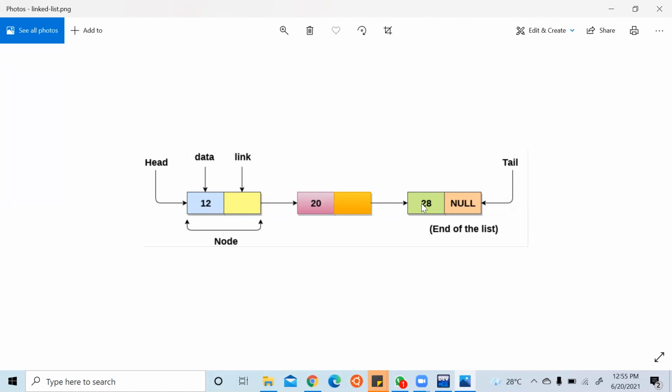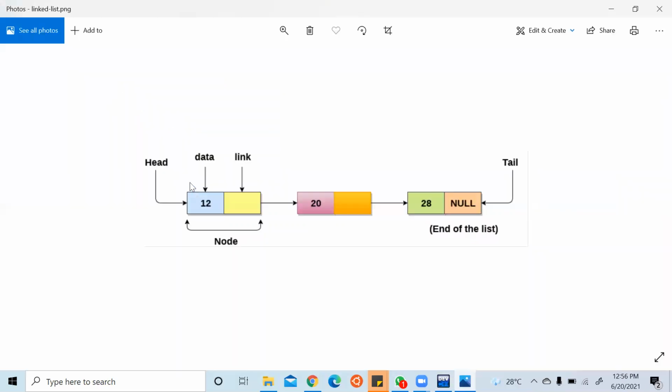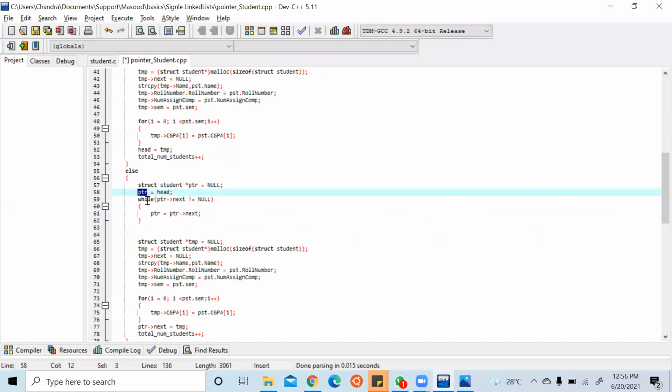I have to traverse through this until next becomes null. So I initialized PTR to head, and then I assign PTR is equal to PTR pointing to next, and I'm checking PTR pointing to next is not equal to null. If PTR pointing to next becomes null, it means it is pointing to the last element. Until then, it is pointing to some student structure, right?